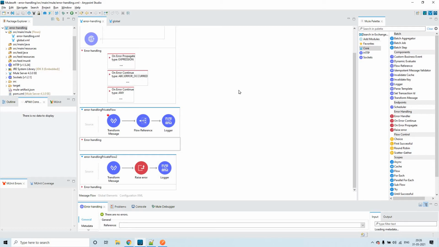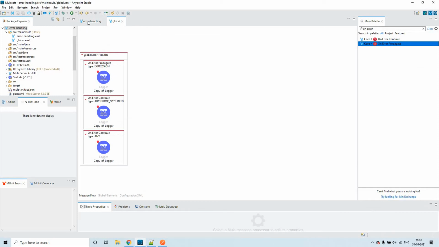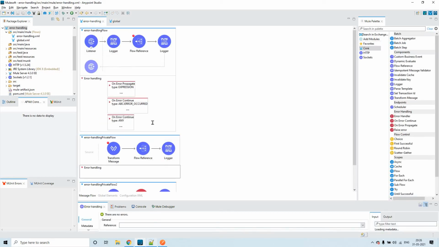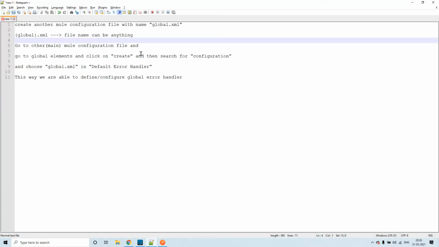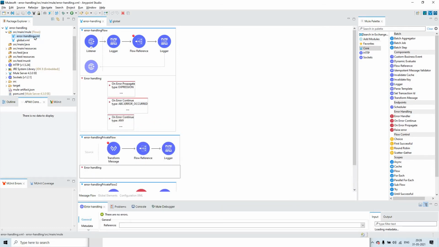I have created a global error handler. I'm hovering here, right? So this is the global error handler, and this is how you can configure it. Create another Mule configuration file with the name global.xml. In the sessions discussed so far, I have been using only this Mule configuration file.